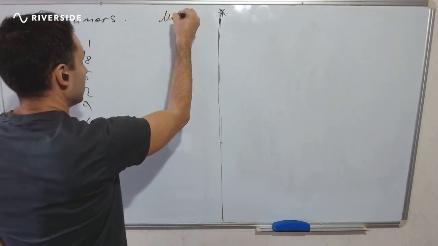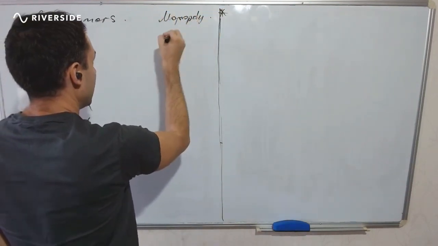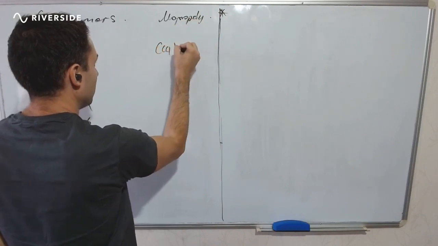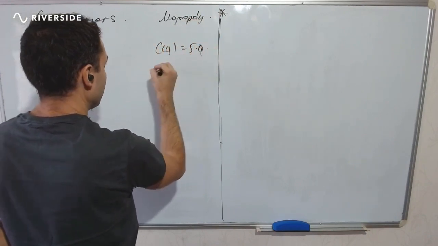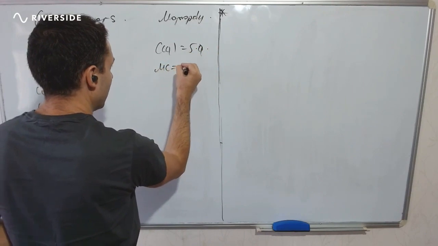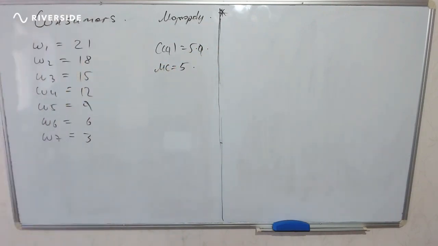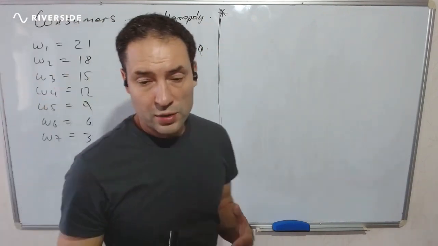Our monopoly can produce cars at the cost of 5 per unit. So its marginal cost is just 5. Okay, so we will solve this problem